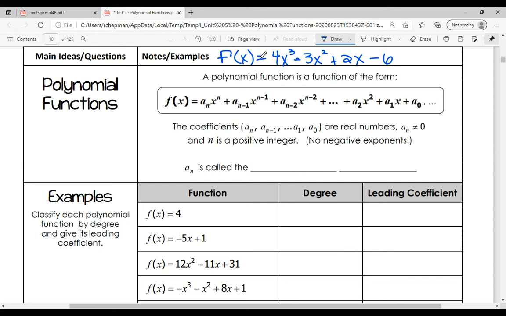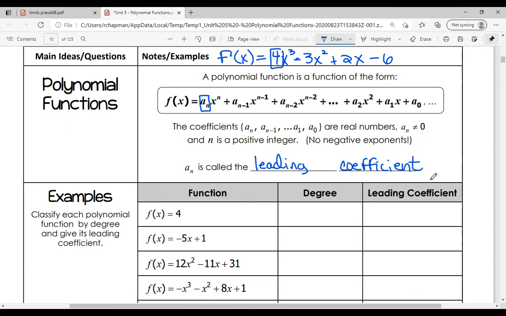Okay. Now, this number right here, a sub n, that is what we call the leading coefficient. And that is going to be extremely important in some of the stuff that we do the rest of the week. Notice that the leading coefficient goes with the first term, but that only holds true if your terms are